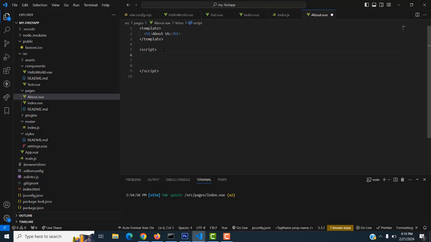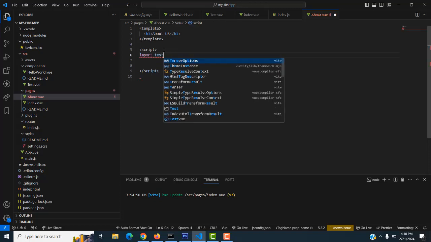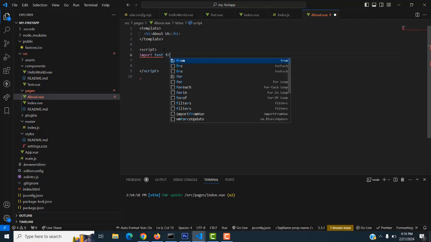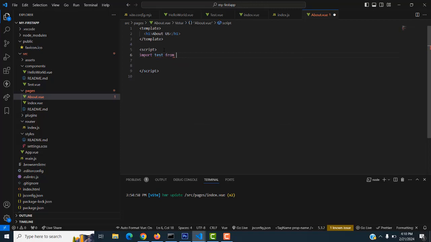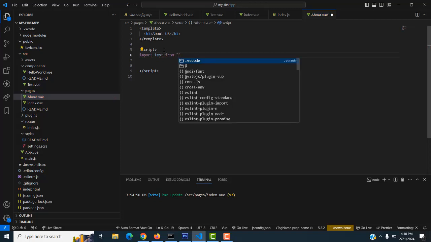So first you have to tell them the path where your component resides. You tell them the path of the page, which page you have to implement the component in. So I'm going to implement the component in my about page. So you tell them the path inside the script, right? So import test from, you declare the path, slash